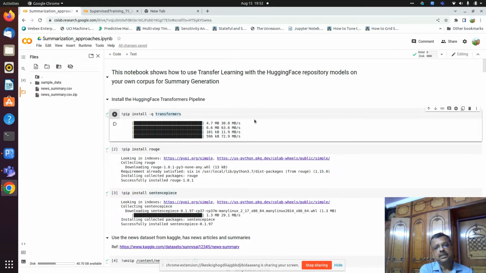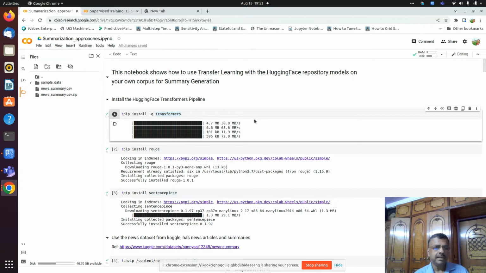So this technology has made rapid strides over the last few years, thanks to the Hugging Face transformers community and the open source technology provided by Hugging Face transformers. One of the key aspects about these transformers is the simplicity to use them. They have made it very simple for the end user. And the second thing is they have made transfer learning possible in a very simple way for the end users,